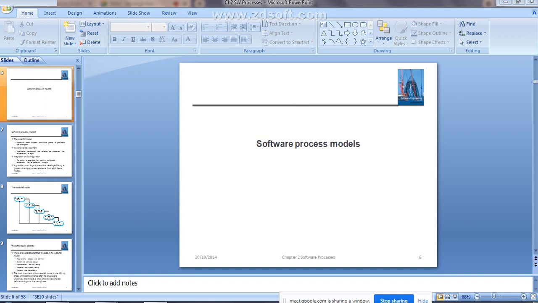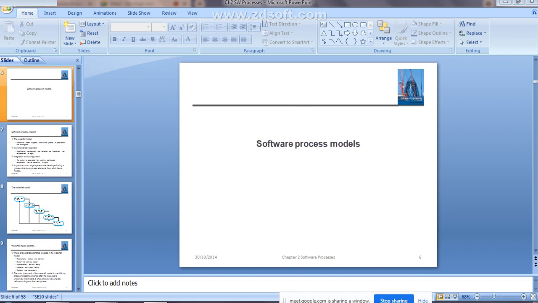There are three different kinds of software process models we have studied here. Which are all the software process models we have studied here? Waterfall model. How many types? Three types of software process models we have studied, right? That is the waterfall model. The next is incremental development, the incremental model, and the last one is reuse or integration and configuration, or you can say it is the reuse oriented software engineering model, right? These are the three different kinds of models we have studied.